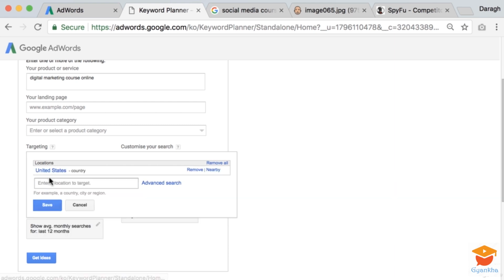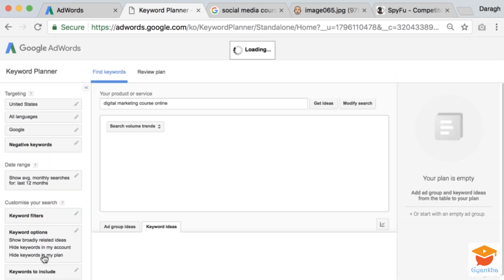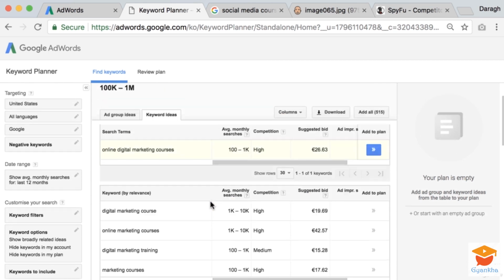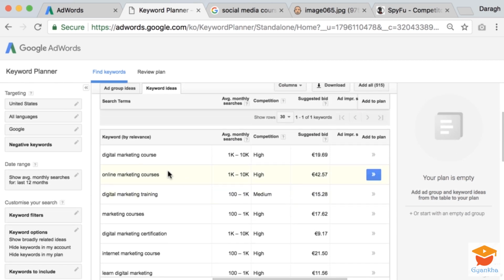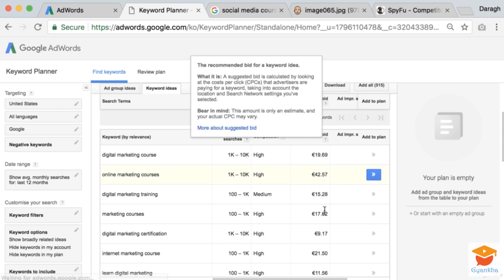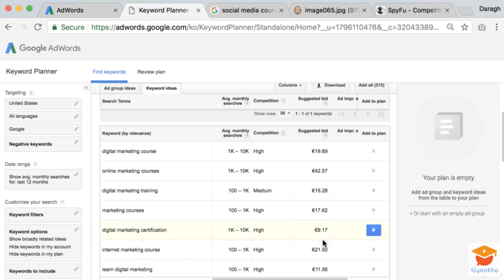And you should really match this up with the location you set in your campaign. So let's see if we can get some ideas here. Now, if we look down, we've got some of the same kind of keywords, digital marketing certification. And the interesting thing about this tool is now we can start to see the suggested bid. So we can see what is the suggested bid if we want to appear in the search results for